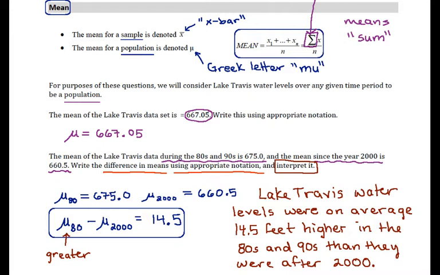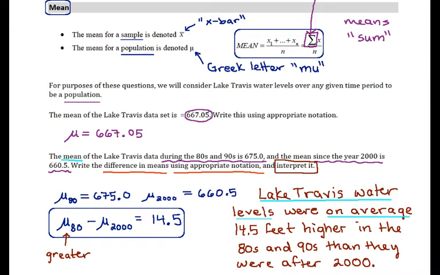So I just took a stab at writing this sentence here, but let's call our attention to a few details. Lake Travis water levels is what we're talking about, so that's got to show up in my interpretation. On average, that reflects the fact that we are talking about means, right? So we need to have on average or the mean or something referring to what that actual letter represents somewhere